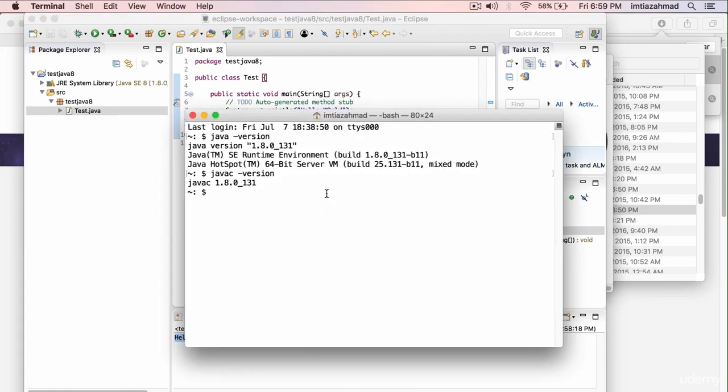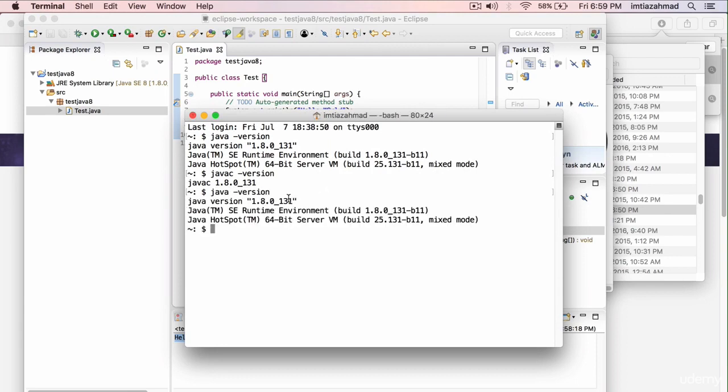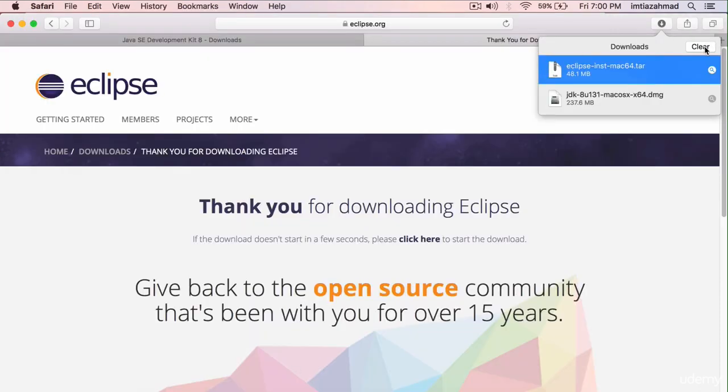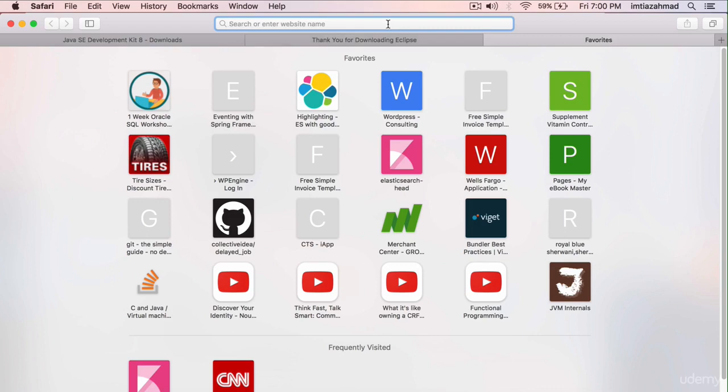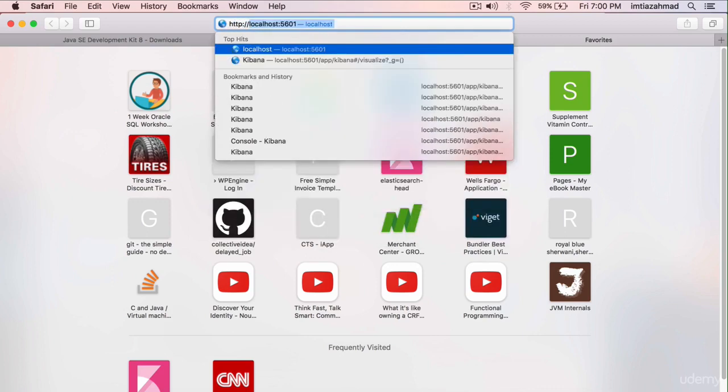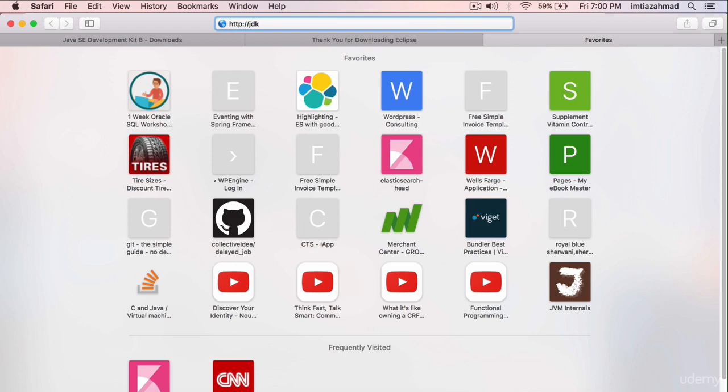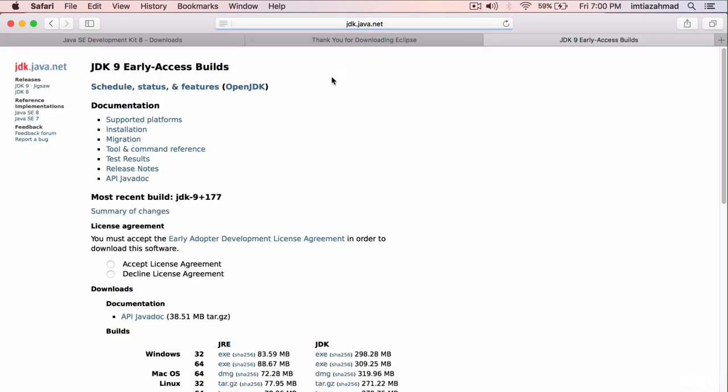So in our terminal, if I type in java -version, it's showing version 1.8. But I want this to now show 1.9 after I install it. So let's go ahead and download Java 9. Let's open up our browser again, and in a new tab I'm going to visit the following website, http://jdk.java.net/9, and this is going to take us to the place where we can download the early access of Java